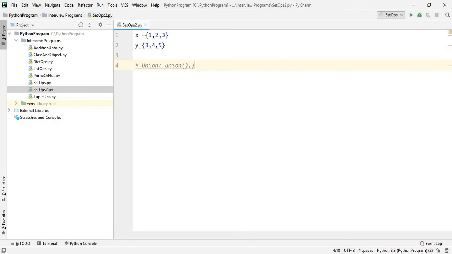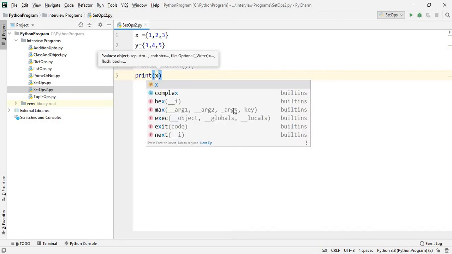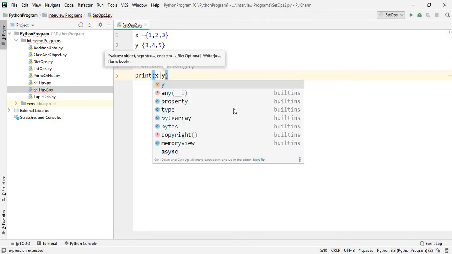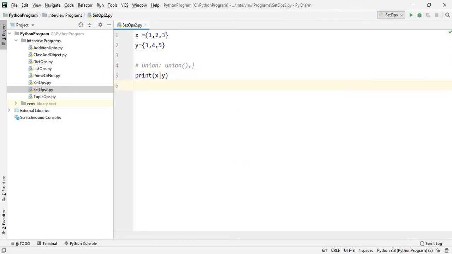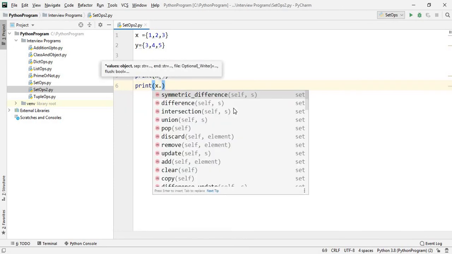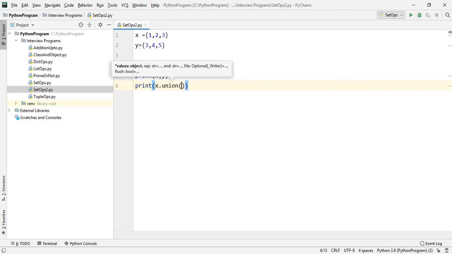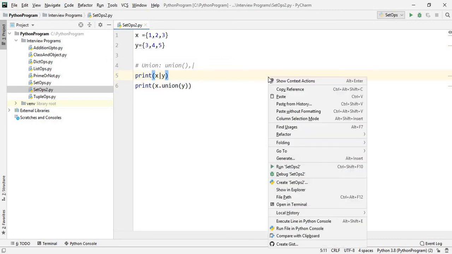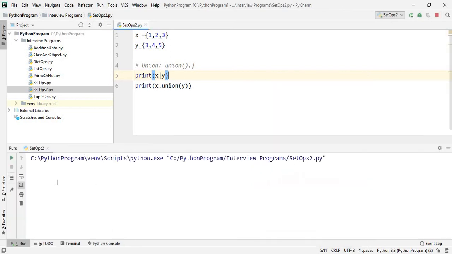So now let's print x OR y, and next print x dot union and provide y. Let's see what happens.